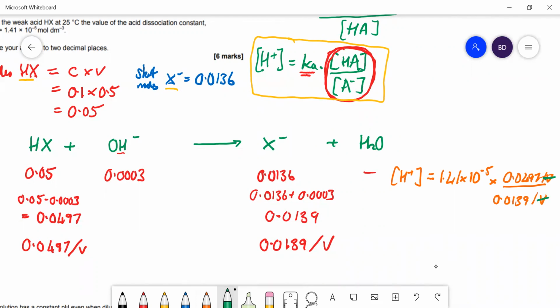So H plus is going to be equal to, I'll write this out in full, 1.41 times 10 to the minus 5 multiplied by this fraction, which works out to be